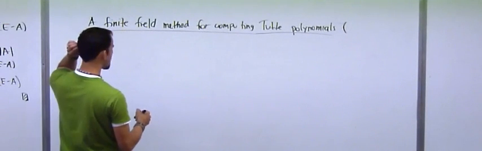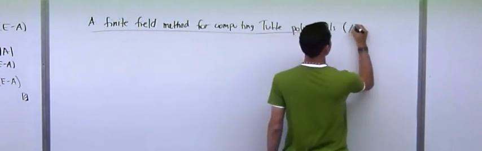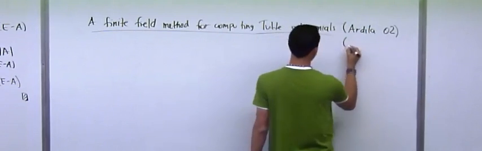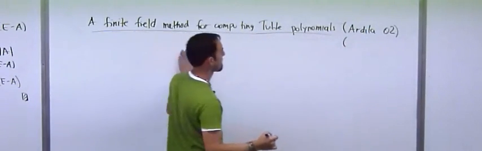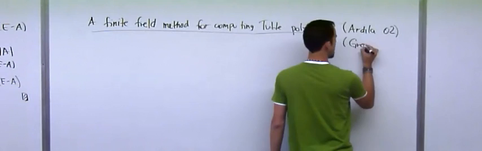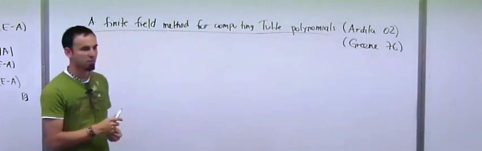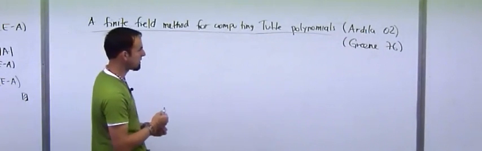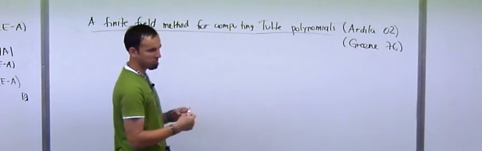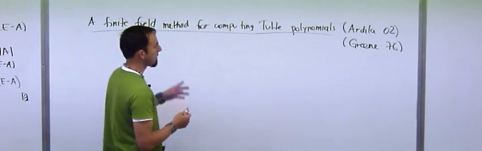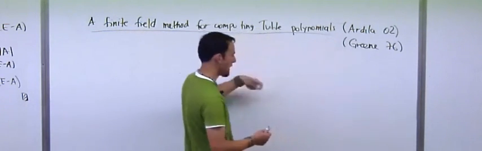So this is my favorite method for computing Tutte polynomials, and partially it's because it's mine. So I like what you do. This is in my thesis, and it's similar to what I told you about the other finite field method. There was this result that existed in the literature, and people didn't realize that you could use it to compute characteristic polynomials. In my thesis, I proved this method, and I used it to compute a lot of Tutte